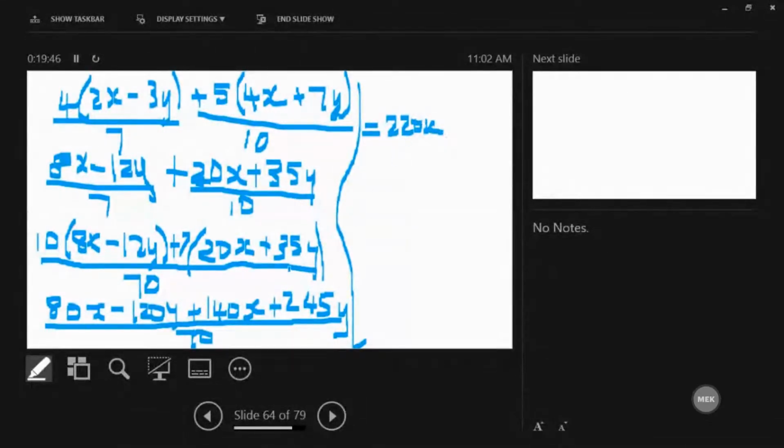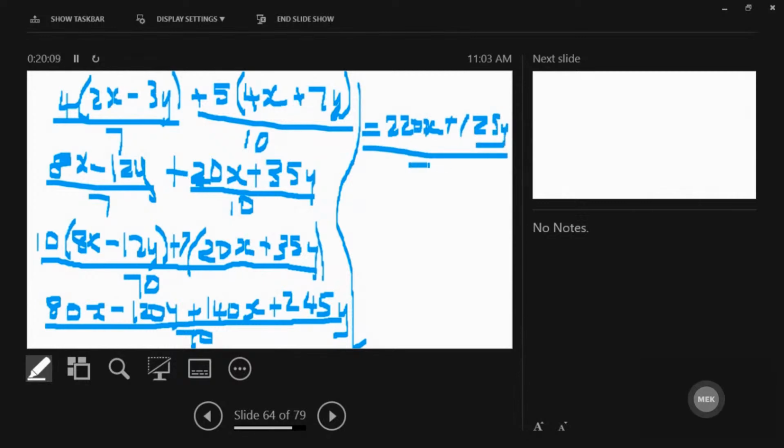And negative 120 plus 245, that's positive 125. So that's the y, positive 125y